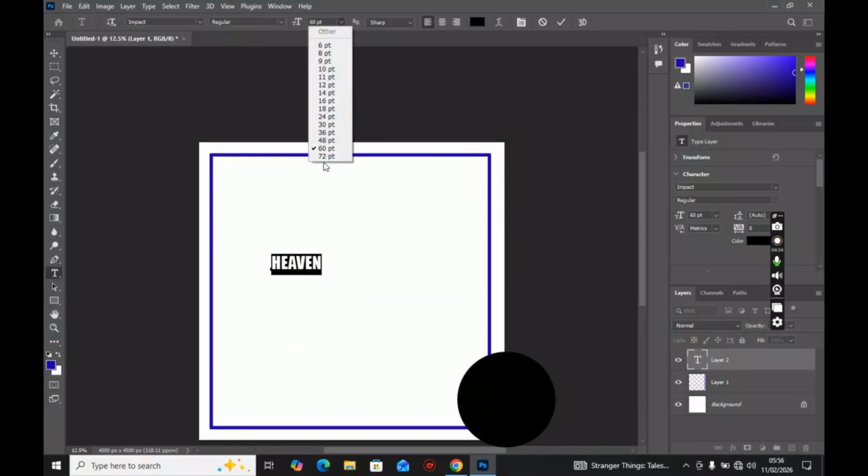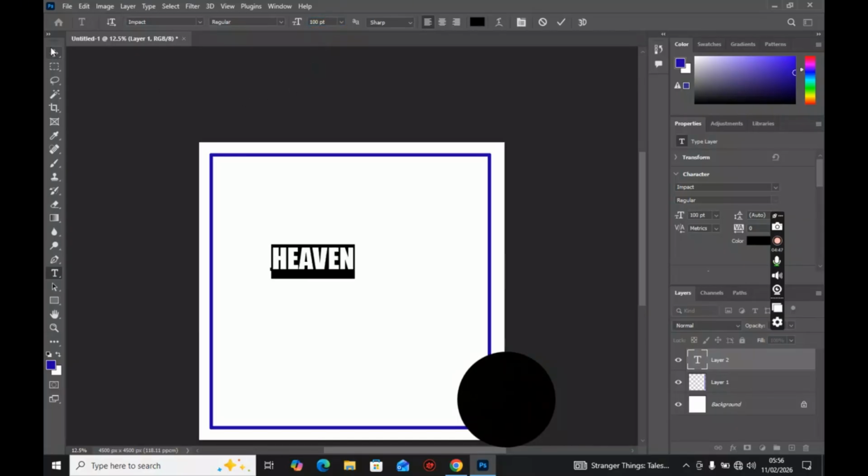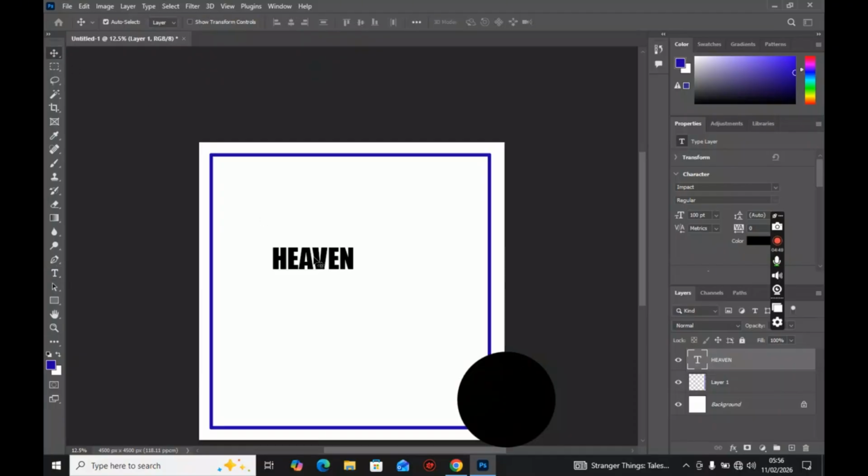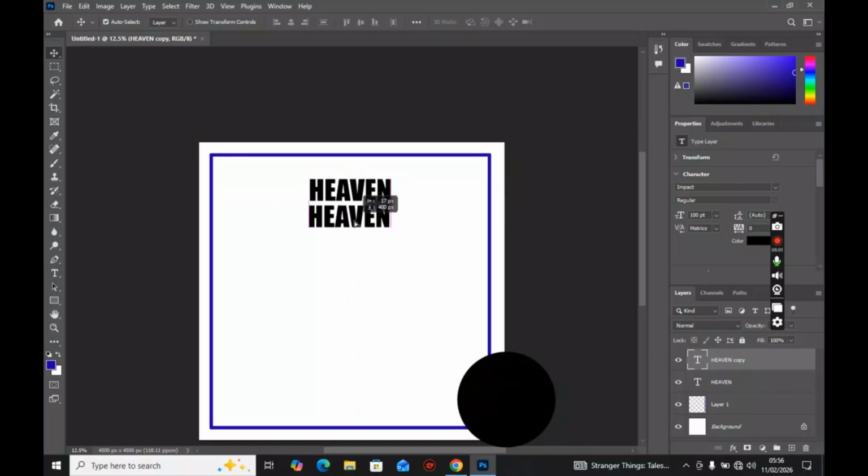Let me still increase the size. You can highlight the number figure and say, let's say 100. Enter. So we have Heaven here. You can move it to the middle. So we have Heaven there. So I'll just press Ctrl J. It will duplicate this. So as you can see,